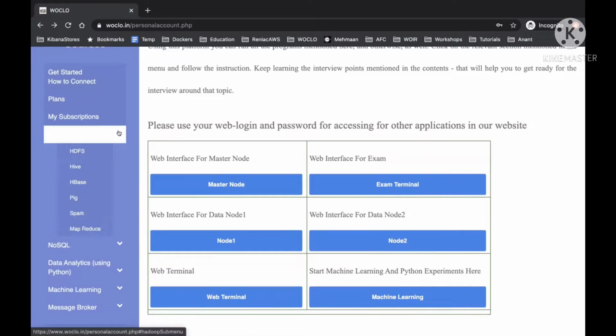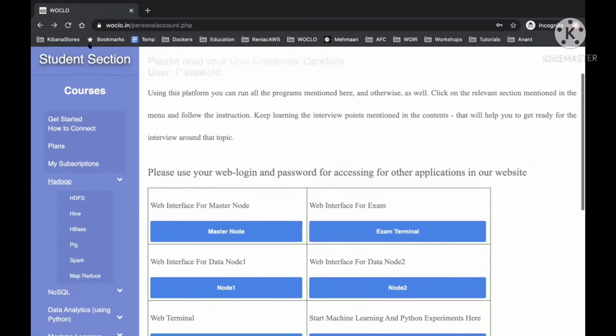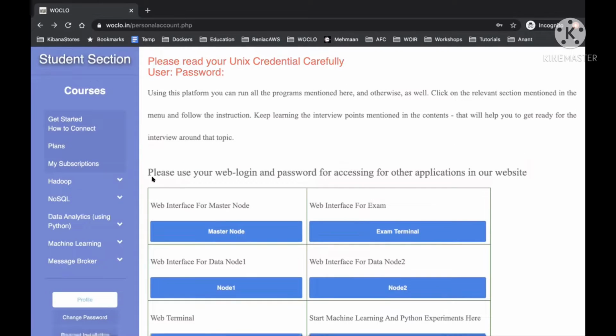The environment includes Hadoop. If you are a little familiar with Hadoop, it has a couple of components. For example, HDFS is one component, MapReduce is another component. Then you must have heard of Spark, Hive, Pig. All those things are there. So when I'm saying all those things are there, what does it translate to? Let me just